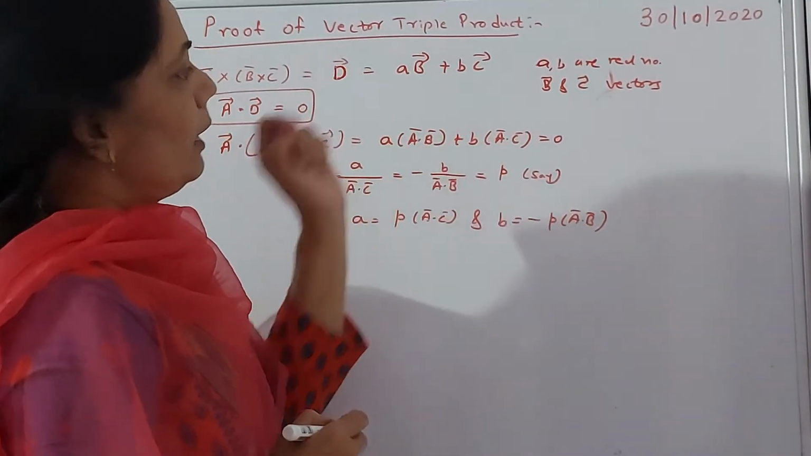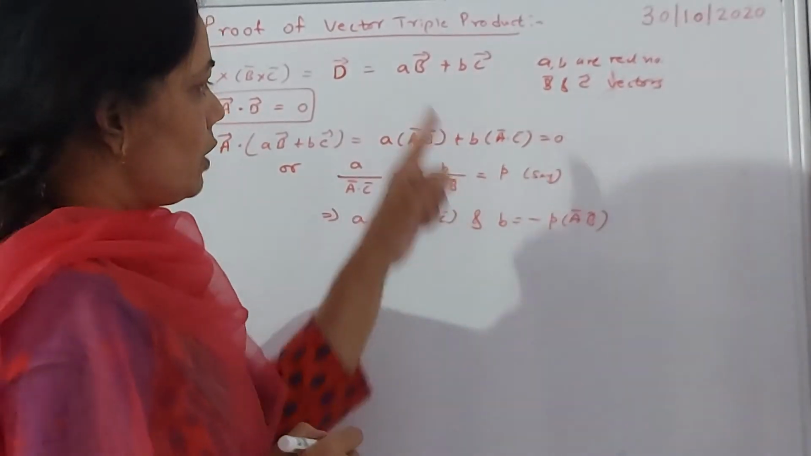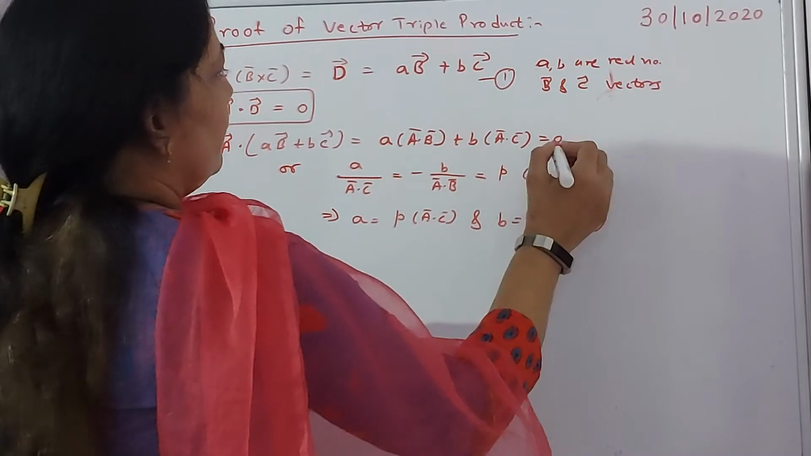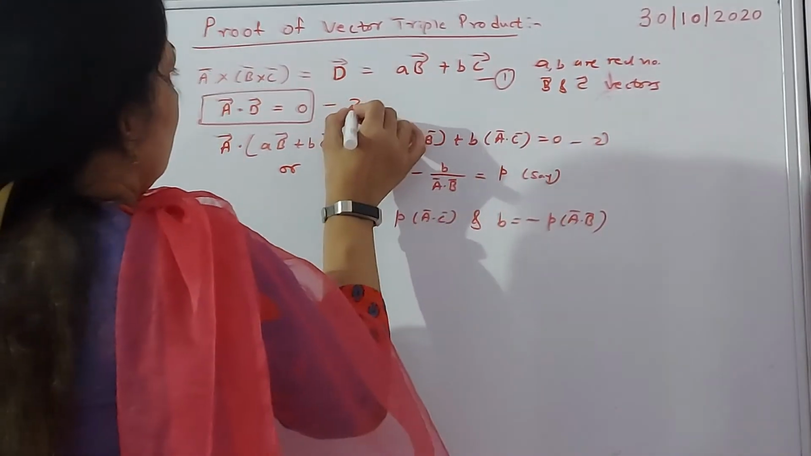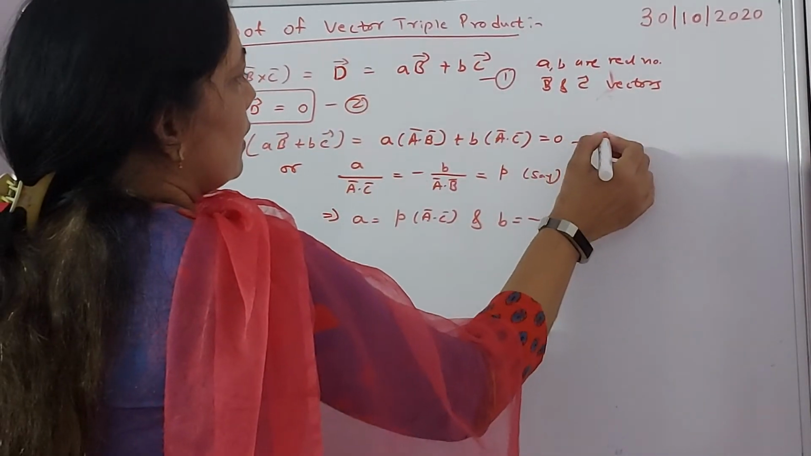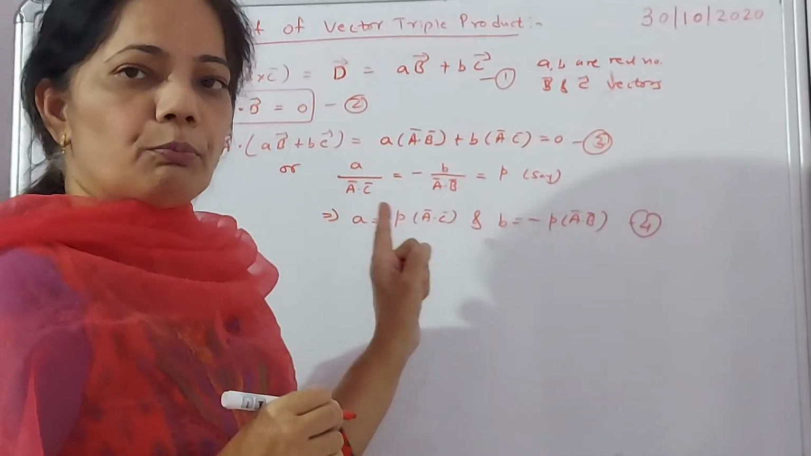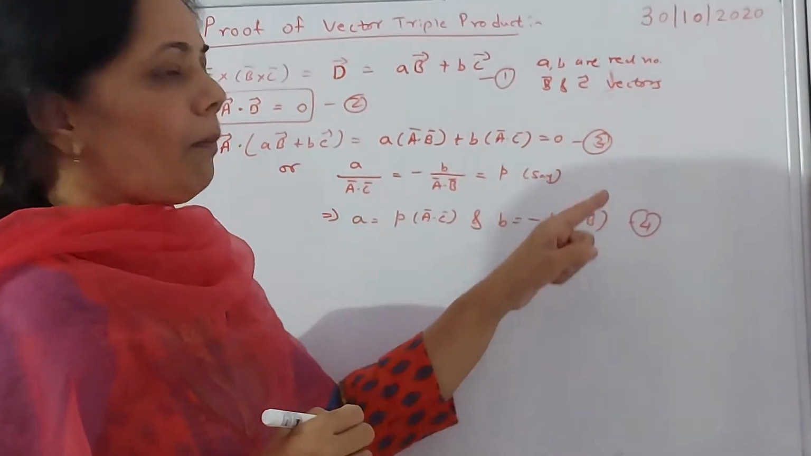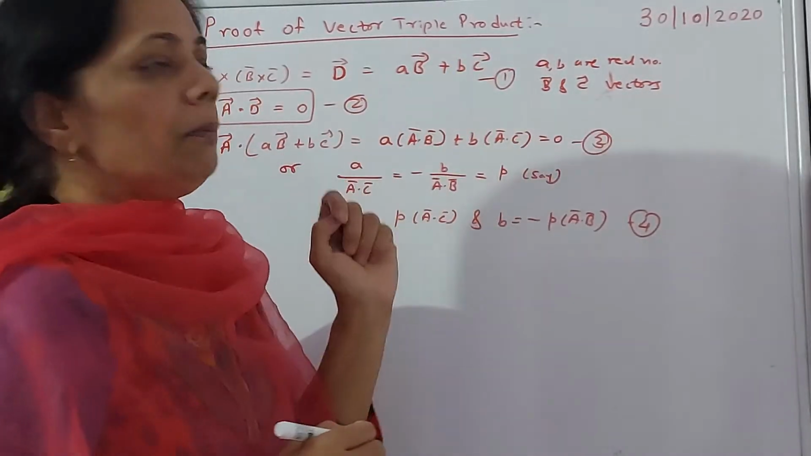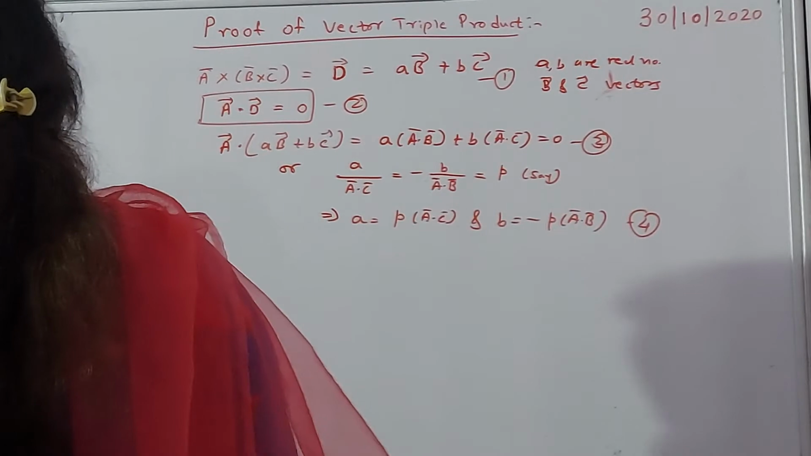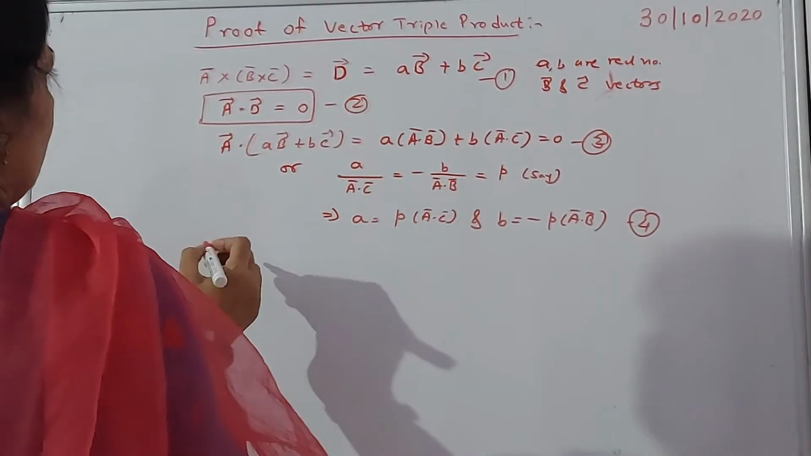Put this value back in the equation. Put this value, whatever we got. Suppose we say this is equation number 1, equation number 2, this is 3, this is 4. Put the value of small a and small b from equation number 4 in equation number 1. Correct? What we will get then? We will get the value which is A cross B cross C